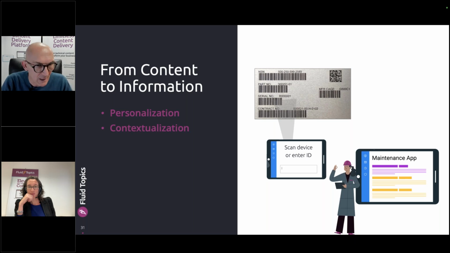Typical example is personalizing content. The first one is really having a platform that adapts to my profile, adapts to my way of working, learns about what type of document I'm usually reading, proposing me more targeted content around my profile, like I'm a developer, I'm a maintenance guy, I'm a support agent, I'm an expert, I'm a newbie.